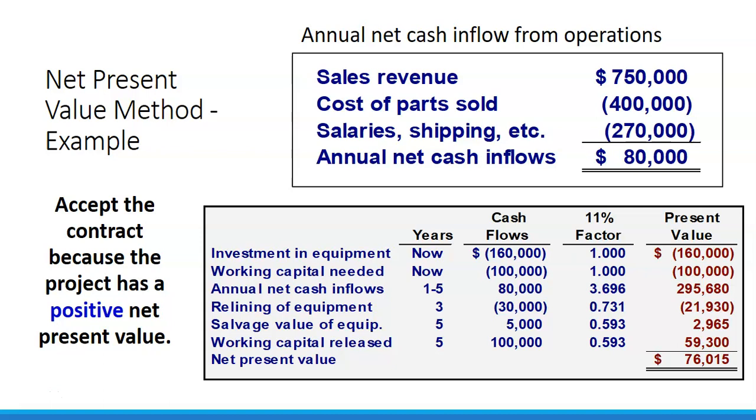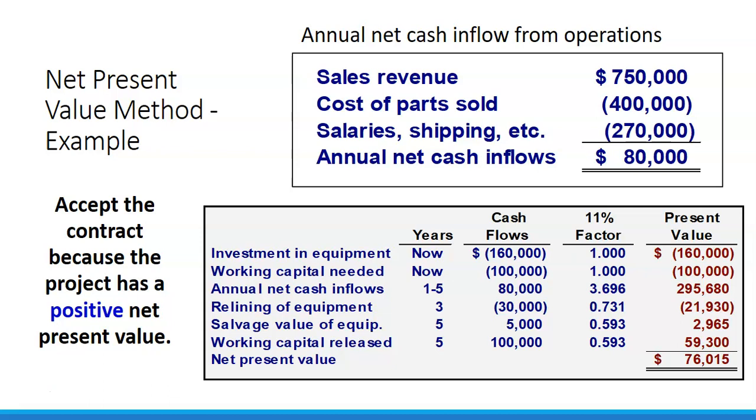Then every year for a 5-year period, we're going to have annual net cash flows of $80,000. In year 3, we have to repair the equipment for $30,000. In year 5, we have salvage value of that equipment of $5,000. And then we have the working capital released at the end of year 5. So what the working capital requires is that we have some kind of a deposit or some kind of asset that is tied up or has to be set aside as part of